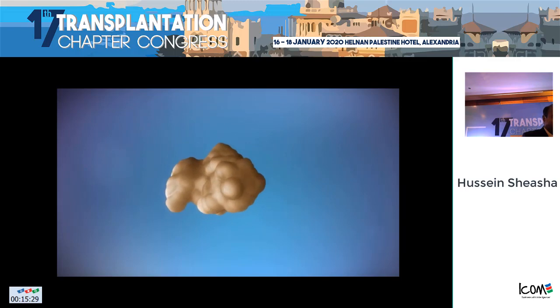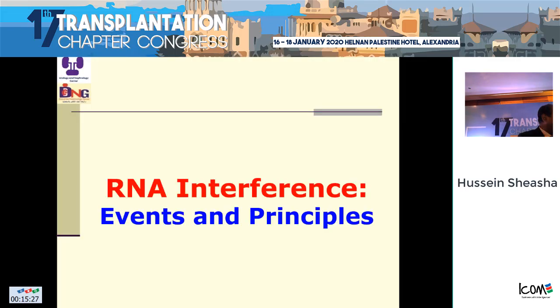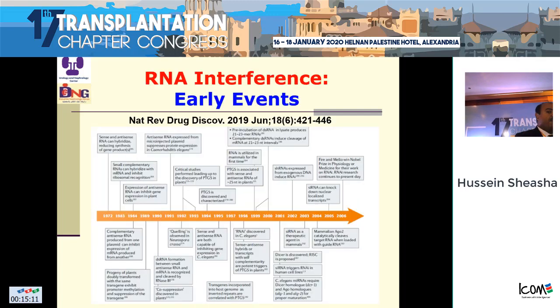So this is the most important point, to have normal translation. If we have normal translation, we have normal protein and we have a healthy environment. If this process is disturbed, we will have diseases. And I'm going just to show some events in the history of the evolution of